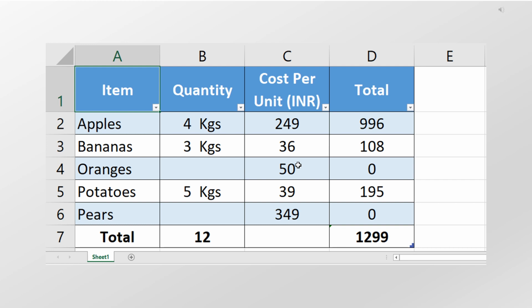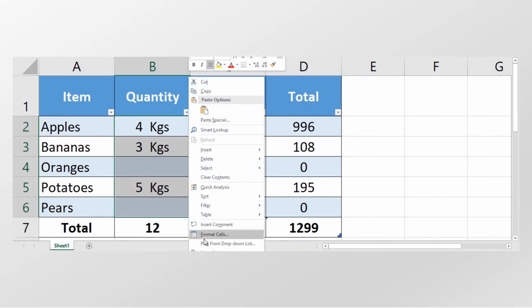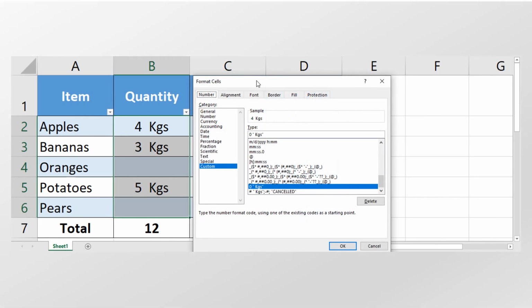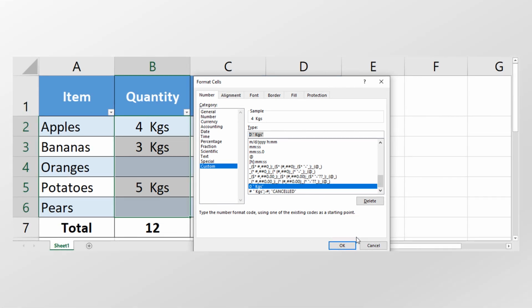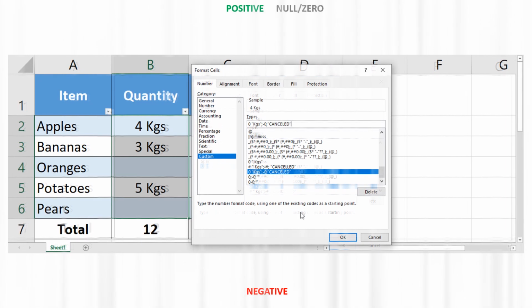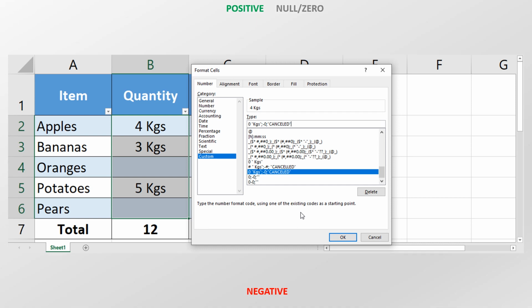That's not correct. You have to again give him all the details of the order and also the details of the items which are now cancelled from the order. So what do you have to do? Exactly. Go to Format Cells, click on Custom. As you click on Custom in the selected cells, in the quantity column, it displays the format that you provided earlier, which you have to refine now and show the word cancelled only in those cells where quantity is removed.